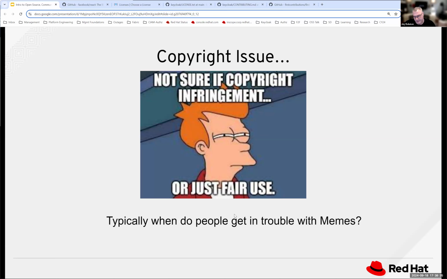the web, from various places on the web, and they modify it and do something to it and they don't have permission. Now, usually nobody cares. Everyone passes memes around. It's fun, right? But when people get in trouble with copyrighted material is typically when they try to do something more with it. They put it on a T-shirt and try to sell the T-shirt, or they use someone's song and, for whatever reason, the owner of the copyright doesn't want them using that song, as an example that's probably been in the news recently. So that's at the core, and then around that is licensing, and we'll talk about that a little bit more as well.